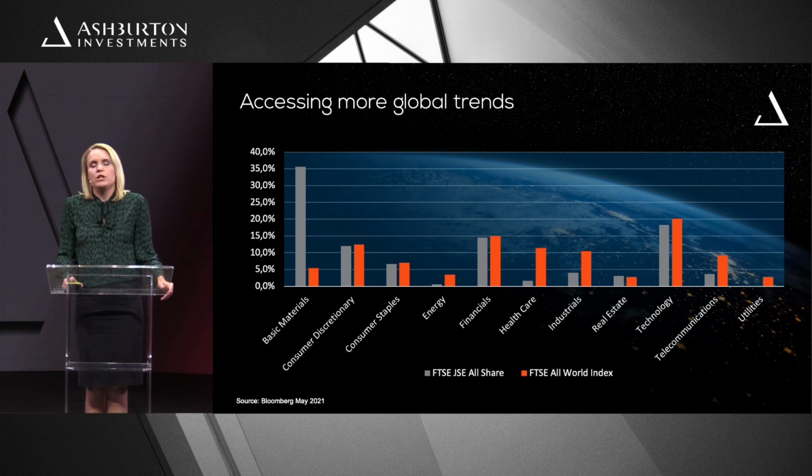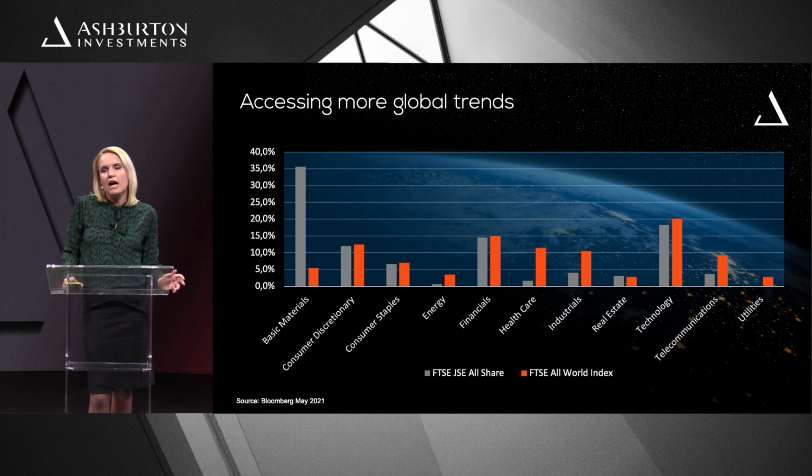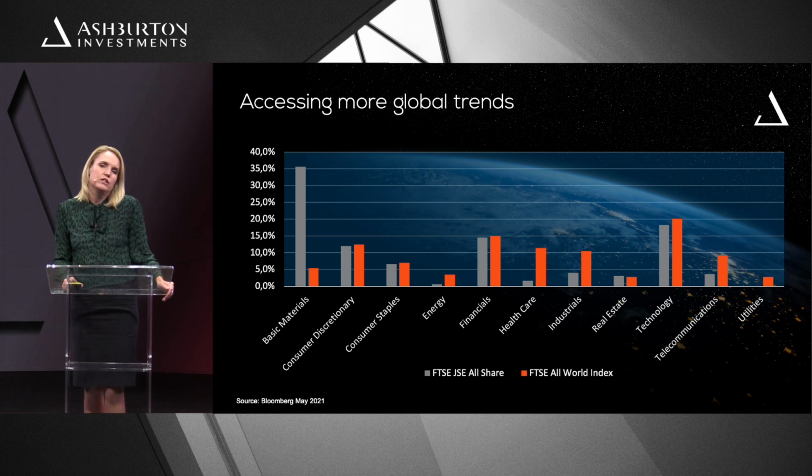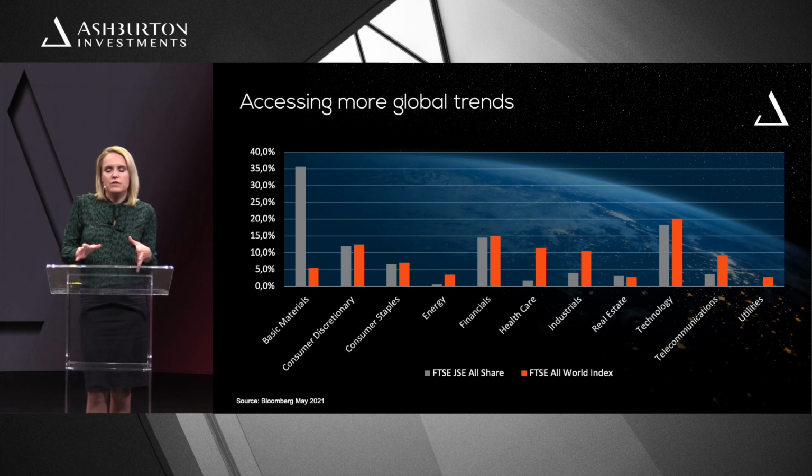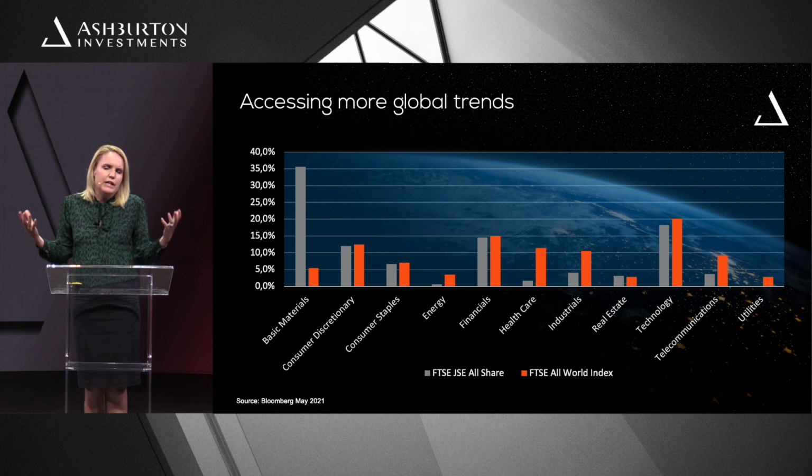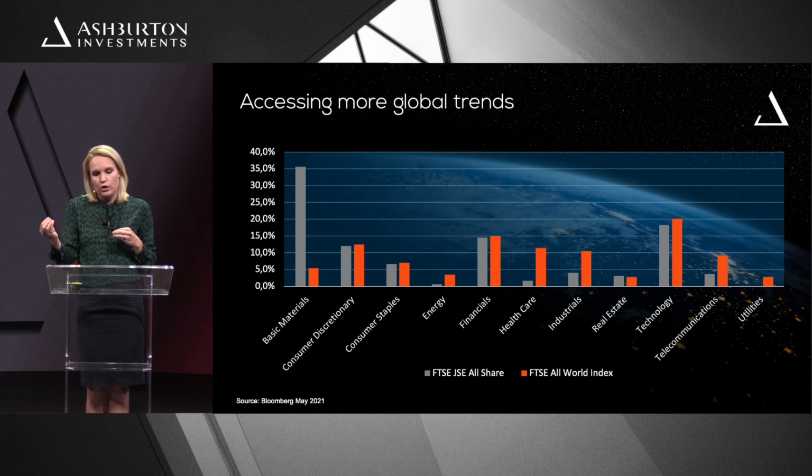Lastly, for this particular chart, I'm going to chat around healthcare. For the JSE All Share Index, you don't get a lot of exposure to healthcare. You get a lot more on the All World Index. This is a very important sector, not only because it gives some nice stability to a portfolio, being quite a defensive sector, but also because we are an aging population. We're living longer, people are becoming more health conscious, and we're self-medicating more. It's a great sector to get good access to, and you get that access better by going globally.